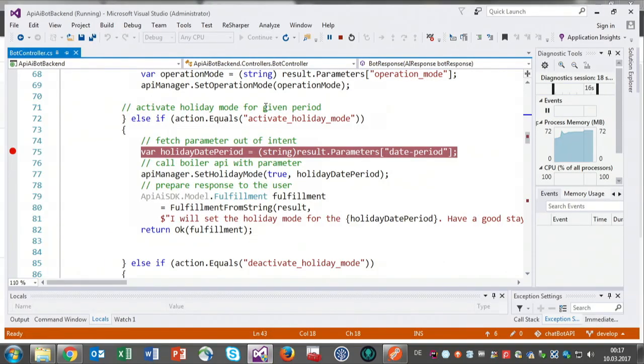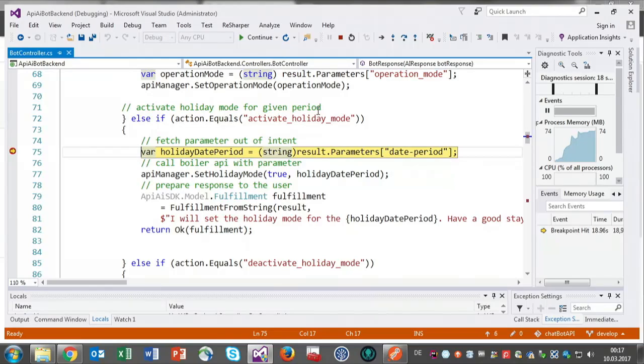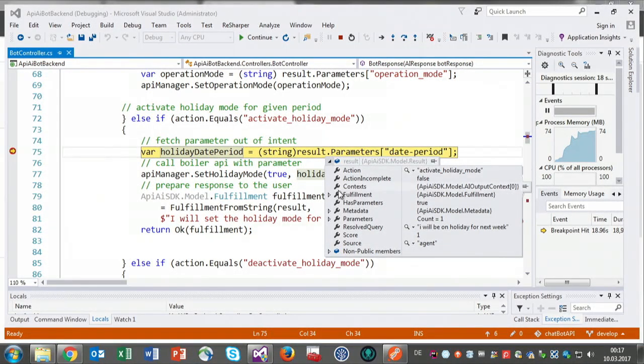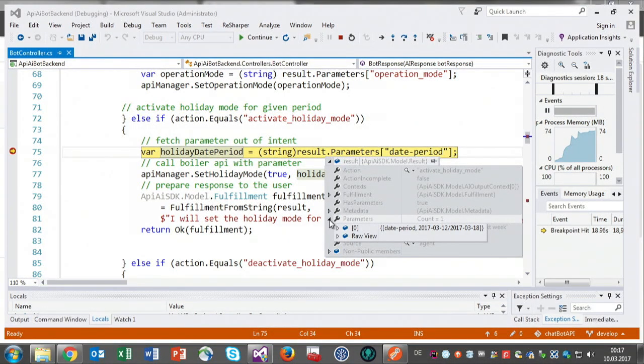And if I switch back to Visual Studio, hopefully it holds on the line where the activate holiday mode intent is processed, and the action name was called activate holiday mode. And now I have to read out the parameter, so the date period, and you have here a result structure. It's well formed, and you have here the parameters, and you see, okay, it's very small, but you have one parameter. It's named date period, and it has that value,